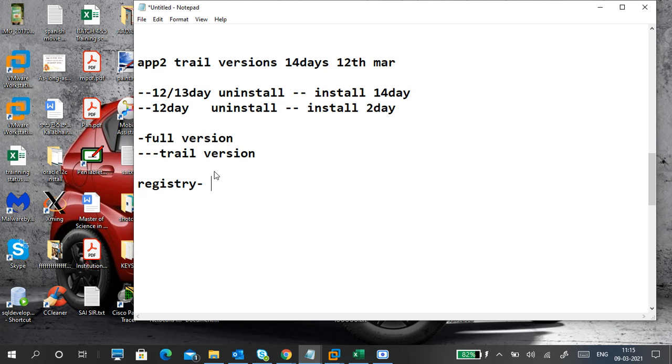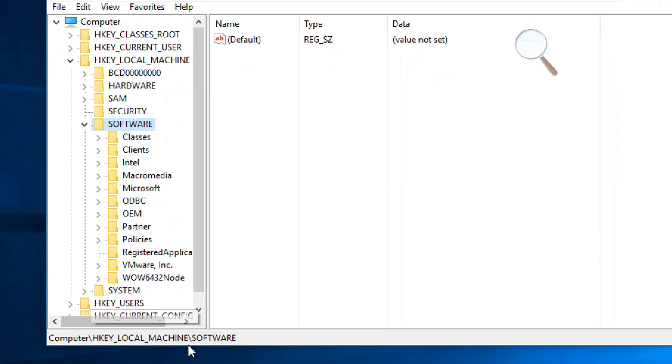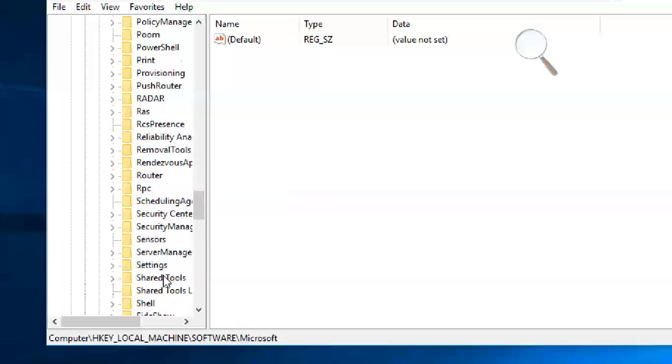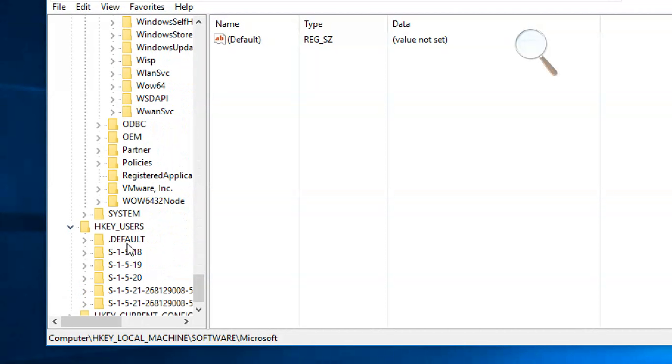Go to registry. What to do, you have to remove the entries of the application. There are entries of the application there. So you can go to this, software. You can find your applications from here, or maybe you can find them from Microsoft. These are direct applications, a few things by the system. This is Microsoft. Again, you can find some applications from it, or maybe separate applications or user based applications.